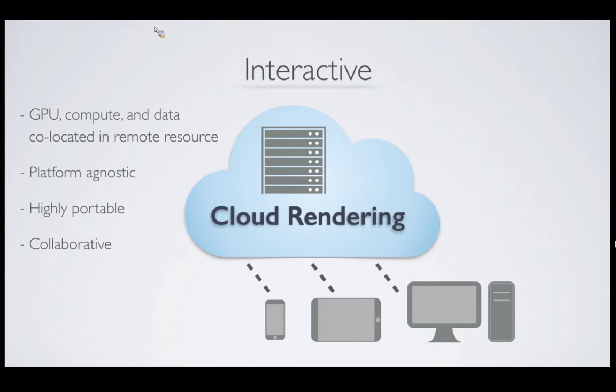It's collaborative as well in that if you're viewing something, you can have other people all paste the same URL and all see the same thing that's being visualized, and then they can add their own input and manipulate the same object. So it's collaborative across a very broad area. I'm just curious, can you give an example of one of the visualizations you've done that's been interactive like this? I'm actually going to give a demo of that in just a minute, so you'll all be able to see it. Great.